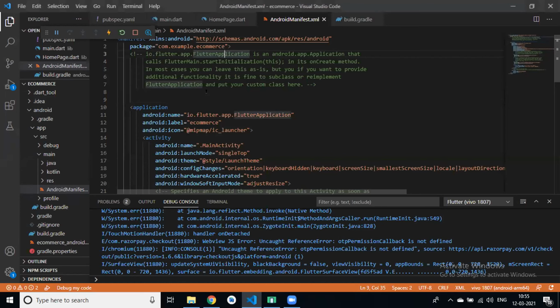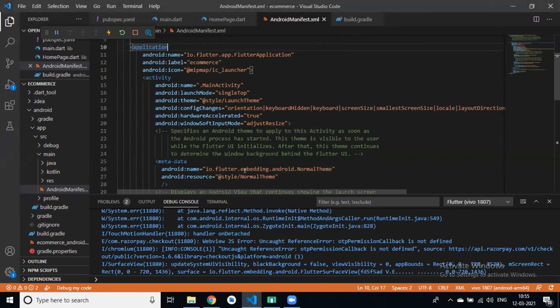Can you see my screen now? Yes. Basically, the error said we have to define our OTP permission callback.